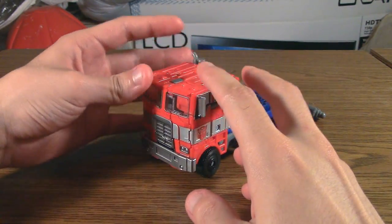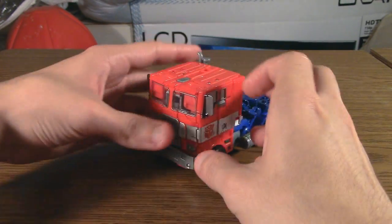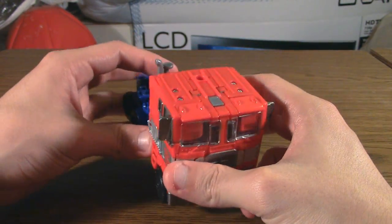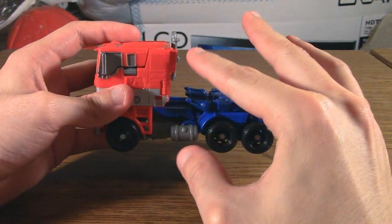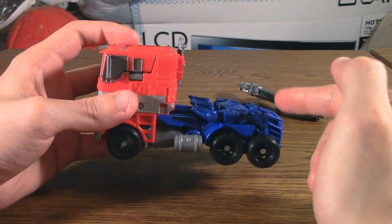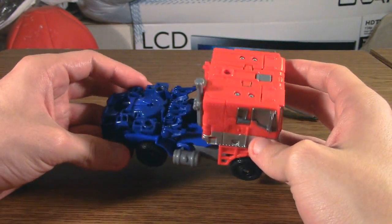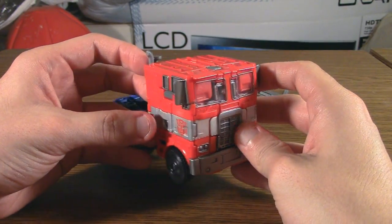And he simply just isn't in this mode because everything gets so compacted into this section of the truck that he reduces heavily in size. And don't get me wrong, he looks amazing in this mode. He really does. But when I figured out that he's this small, because like I showed at the beginning of this video, he comes in his robot mode, so I needed to transform him from robot to vehicle. And so when I transformed him to this mode, I was so shocked to see how small he really is in this mode. And like I said, I like how he looks,